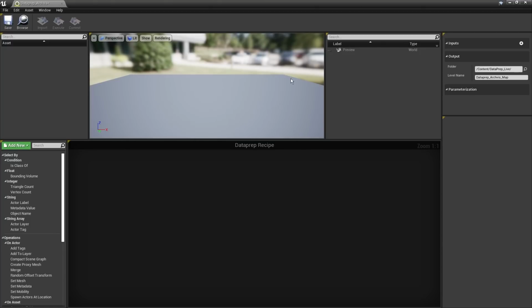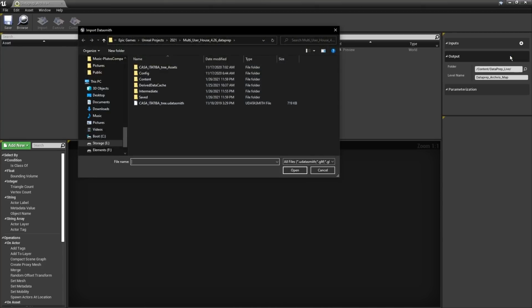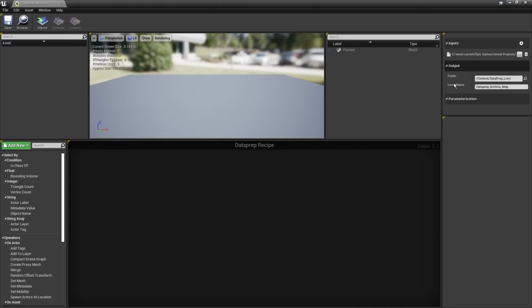Now, before we go any further, let's go ahead and import the Revit scene into the Data Prep workflow. For that, we need to click this Add New Producer button here, and we'll choose Datasmith File Importer. And then, of course, we'll locate the exported Datasmith file from Revit. Now, under Output, we need to specify where we want to store this in our content browser, as well as the name of the level that the content will be saved to.